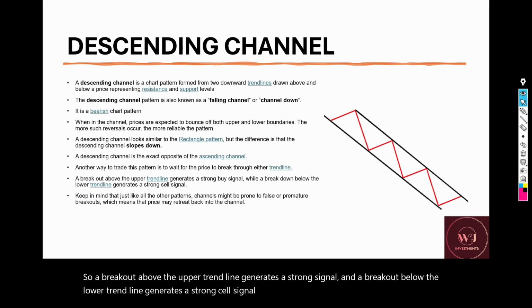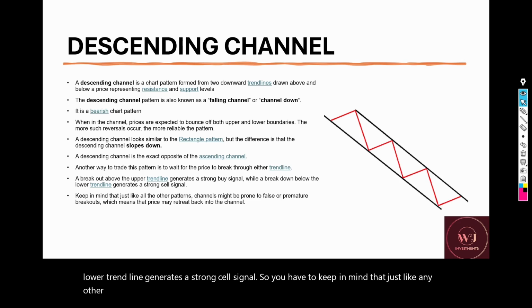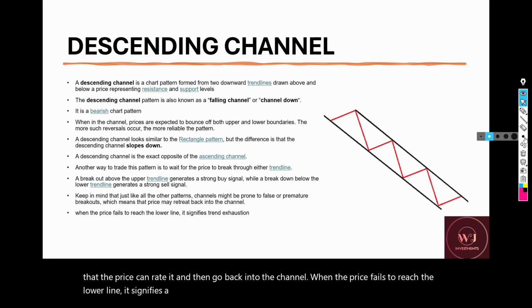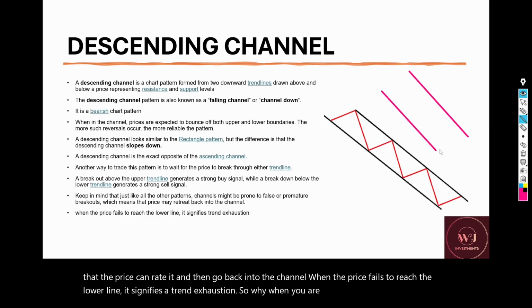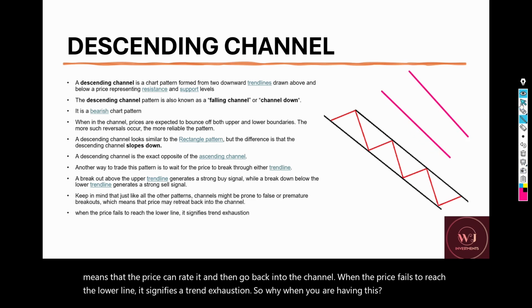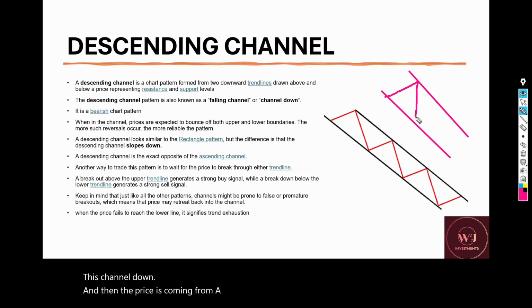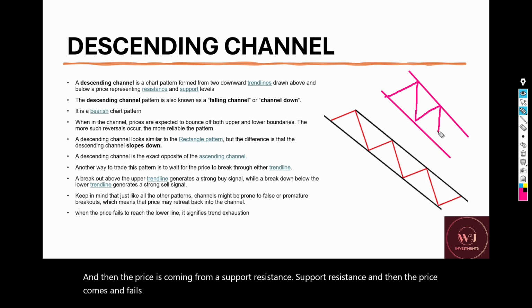You have to keep in mind that, just like any other chart patterns, these channels might be prone to false or premature breakouts, which means that the price can retreat and go back into the channel. When the price fails to reach the lower line, it signifies a trend exhaustion. So when you have this channel down, and the price comes from a resistance, and then fails to reach this support level, and comes back and hits the resistance,